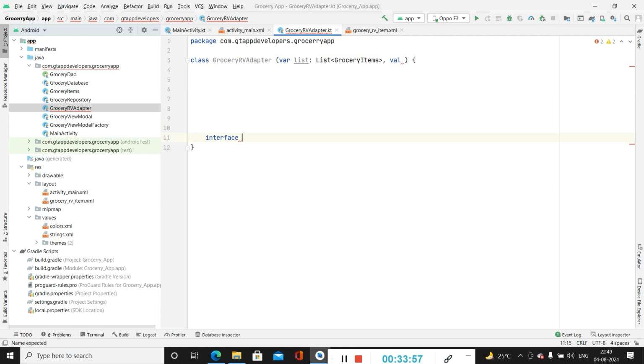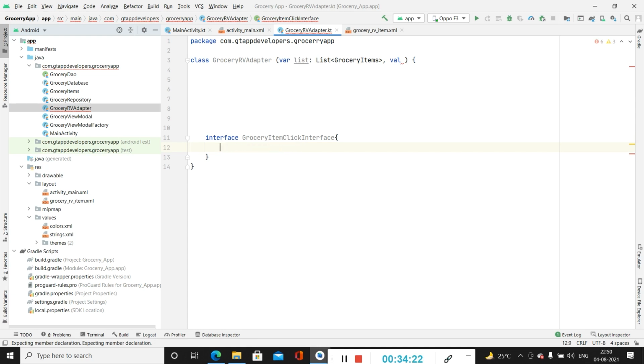Interface, that is grocery item click interface, and inside this we will be creating a method that is on item click. Inside this we will be passing our complete grocery item.